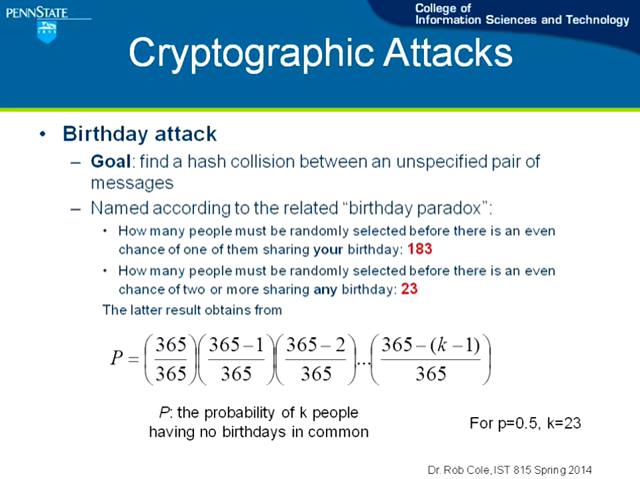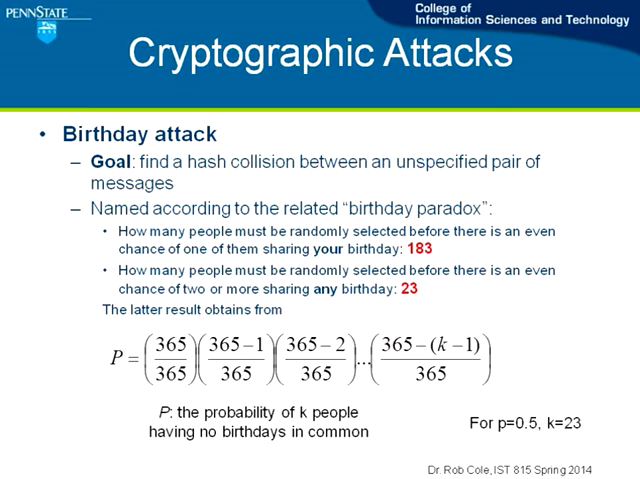The birthday attack is an attack against cryptographic hashes, in which a collision between an unspecified pair of messages is sought. To understand this attack, we first consider the so-called birthday paradox. The birthday paradox gets its name from the unintuitive answer to the following problem. How many people must be randomly selected before there's an even chance of one of them sharing your birthday? The answer is 183, which is approximately half of 365, the total number of birthdays in non-leap years, an answer